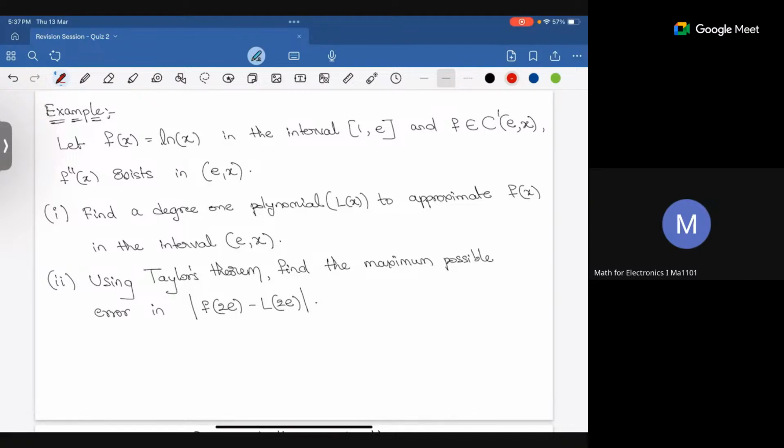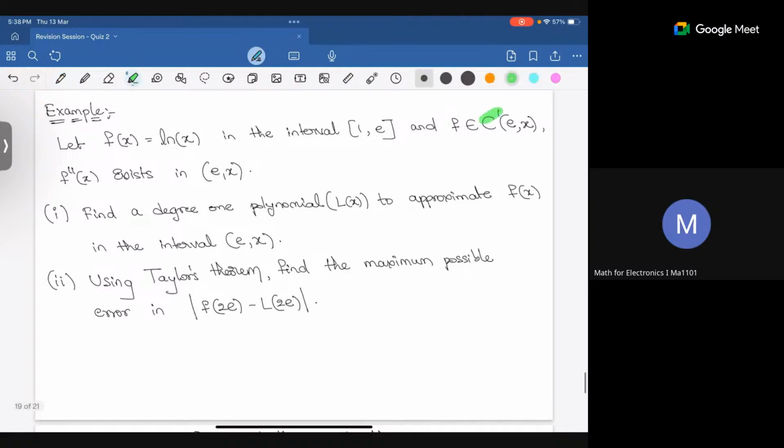Let's say f of x is ln x in the interval 1 comma e. Some of you would have seen this in week 9, so that is why I brought this ln x. I hope most of you know this, right? Is there anyone who doesn't know what ln x is? Log base e of x. Okay, good. So in the interval 1 comma e, f is continuous,